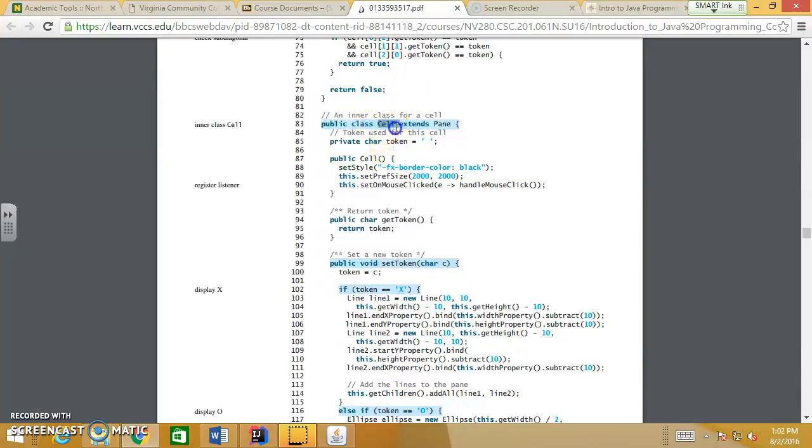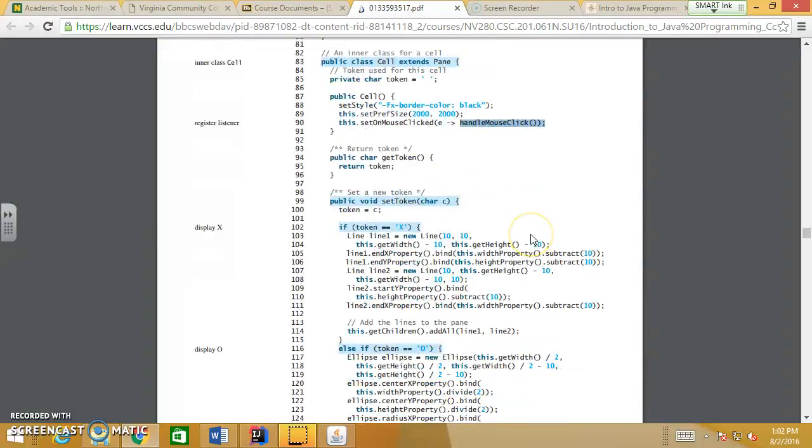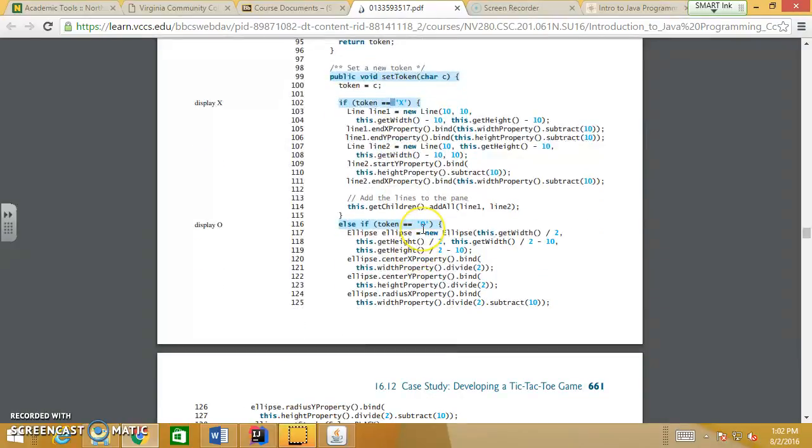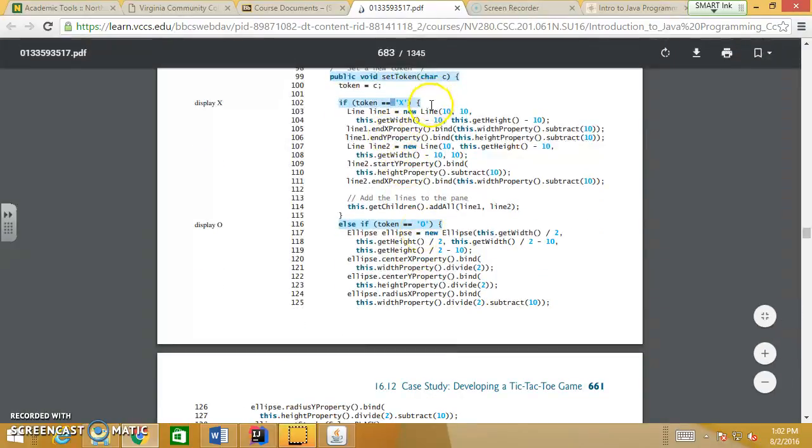So this is the cell itself. That extends Pane, right? We want to create a cell. We can set the style, set the preferred size, and add the mouse click listener, which is handleMouseClick, to it. To get token, set token: getToken returns the token. SetToken can be X or O. So if it's equal to X, we pretty much just do